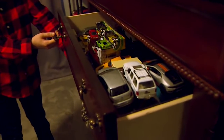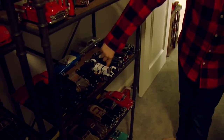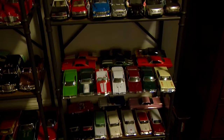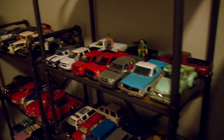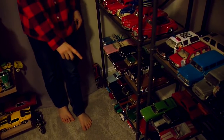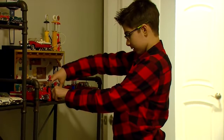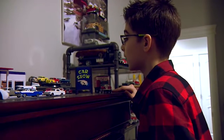They are in his drawers and in his closet. There are pictures of cars on the walls. There are cars on shelves, old cars and new ones, separated by era. Like this is the 30s, the 40s, the 50s, and the 60s, and then the 70s are over here. His eye for detail is such that he can tell you the model and make of almost every car ever